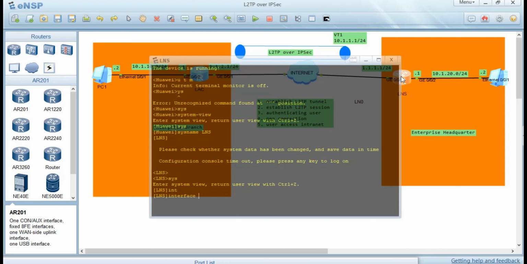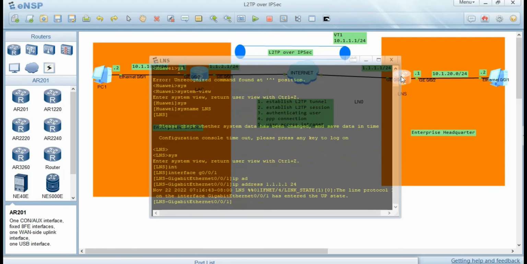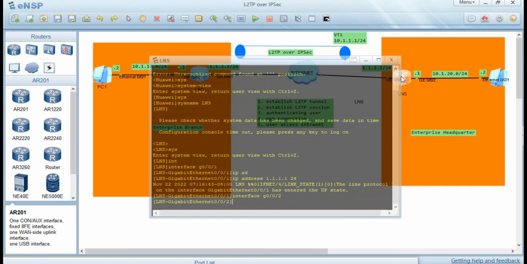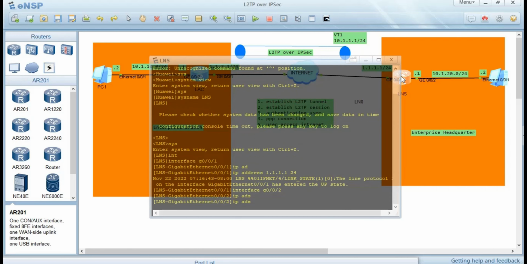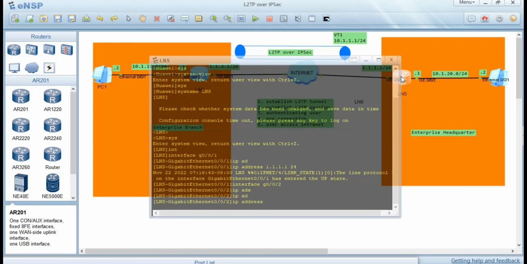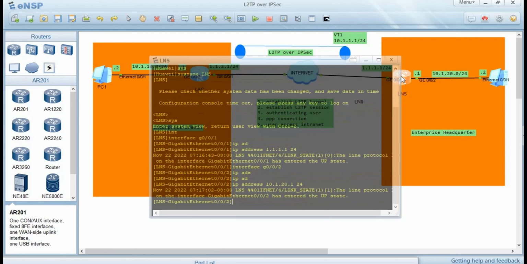So interface gig 0/0/1, IP address will be 1.1.1.1/24. Then for gig 2, we shall give it IP address of 10.1.20.1/24. Then we are going to ensure that the LAC and the LNS can reach each other, so meaning we